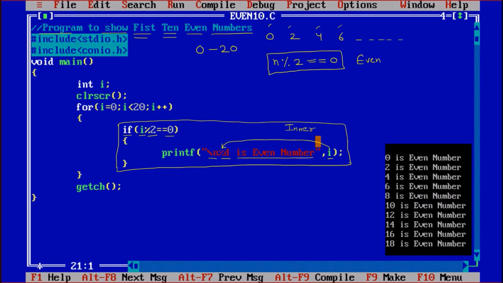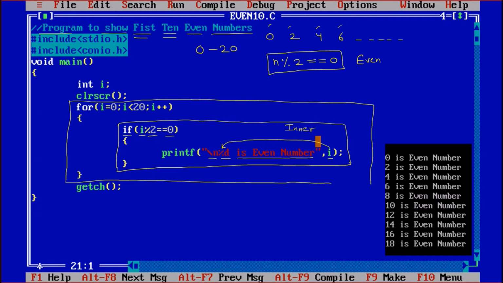Now this part I have to do 10 times. So this inner body I will put inside a for loop. So for any task you want to perform, let us suppose you want to check prime numbers 10 times, you must know that in the inner body there should be the formula for finding the prime number, and in the outer body we will apply the for loop. So that is the outer body. This outer body is going to run multiple times depending upon the condition you are providing, that is from 0 to 20 and incrementing, and based on the outer condition the inner area will work that number of times.